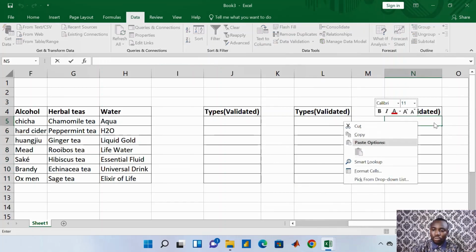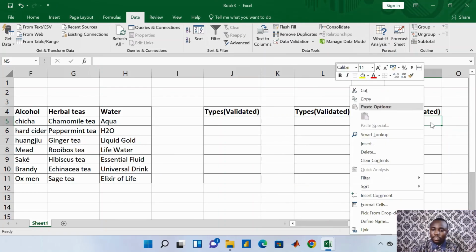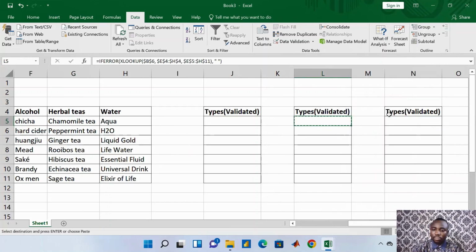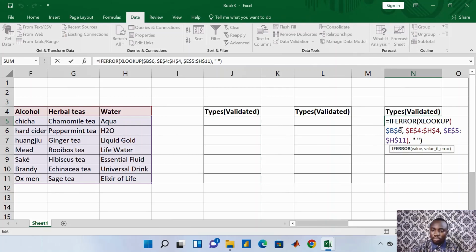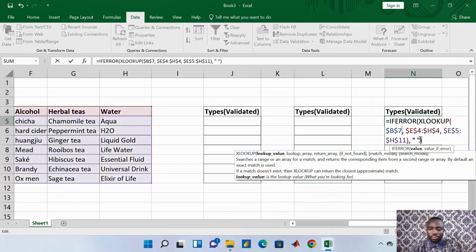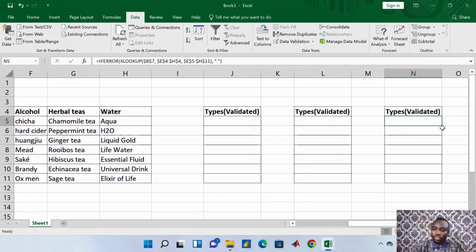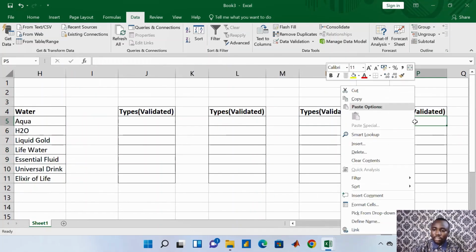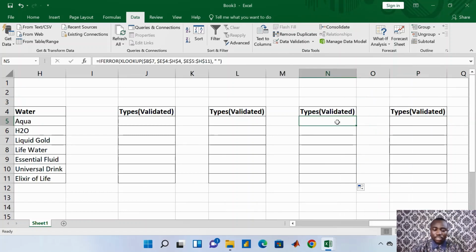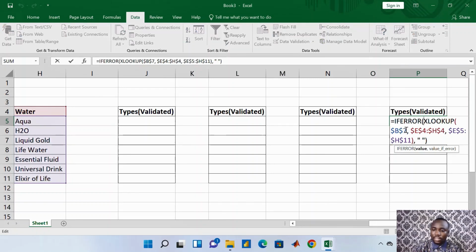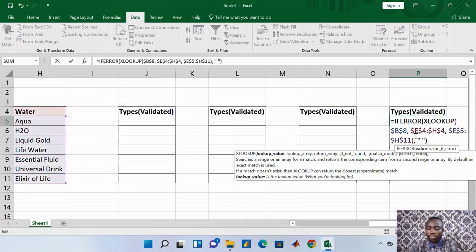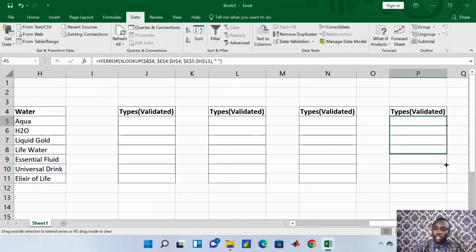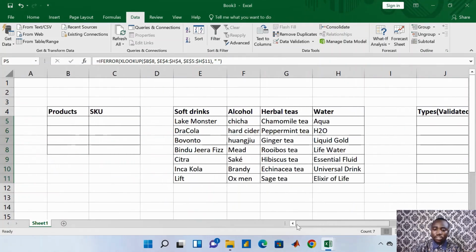I'll do the same here. Let me paste this formula here as well. So change here to B7. Then I can drag it down to this point, and do the same here, apply the same formula here, and change here to B8, and apply it all through the same points. So as you can see,